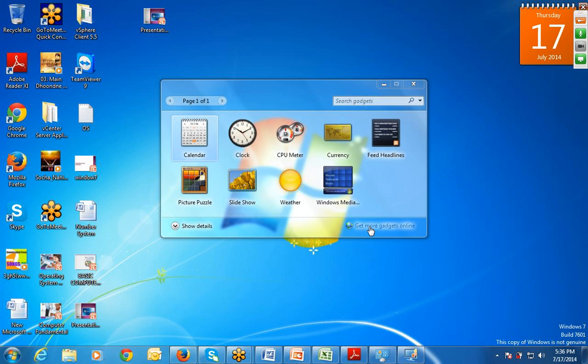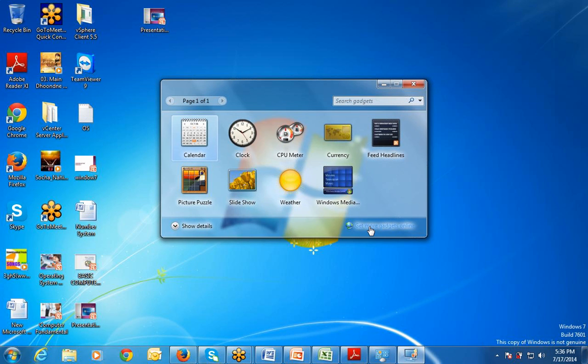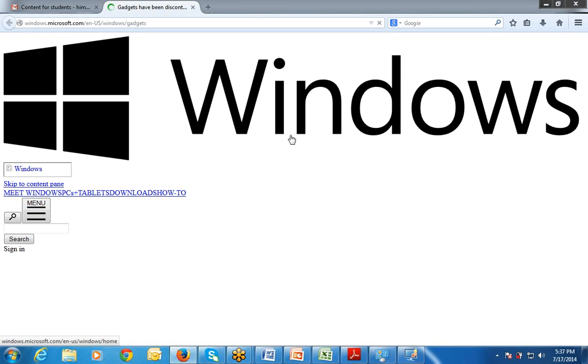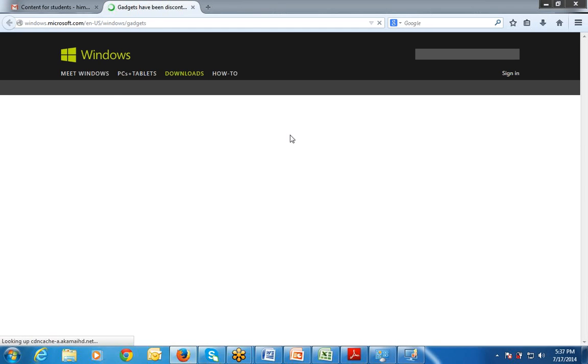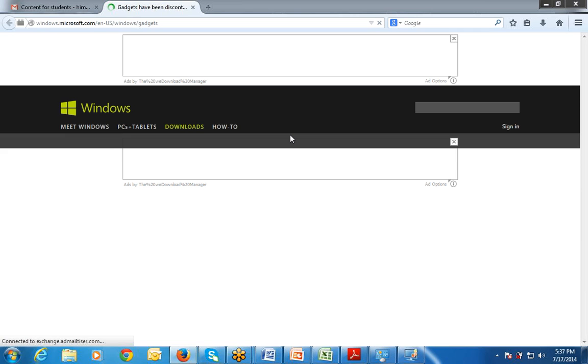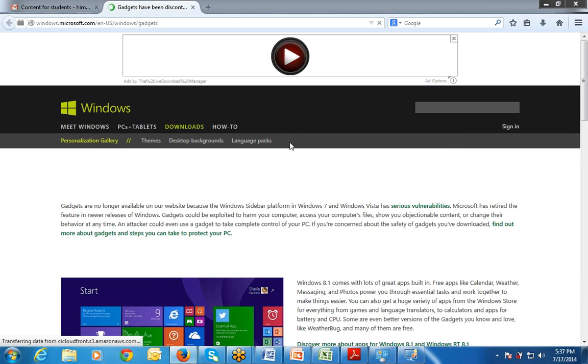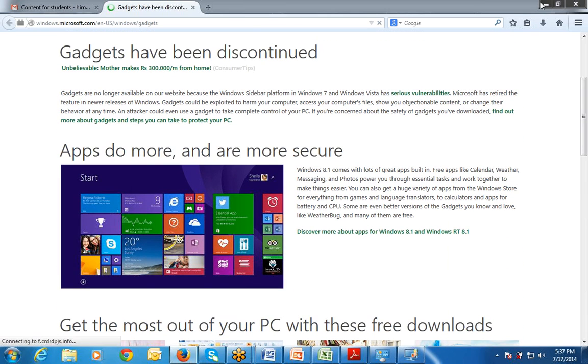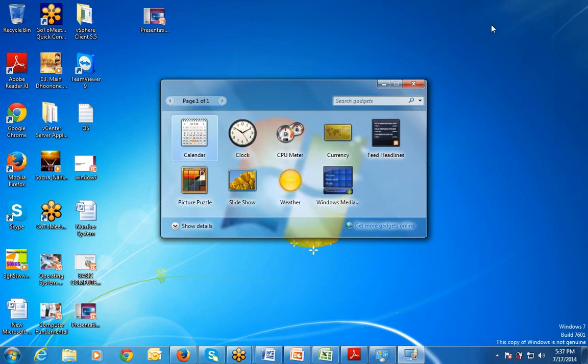This is a gadget online button. If I click on this, I can search online. Means what are the online gadgets available for this? Let's see. Just wait for the Internet Explorer. These are all gadgets available for the desktop, right? So with the help of online, we can also access more gadgets which are available. So this option is clear. These options are clear.